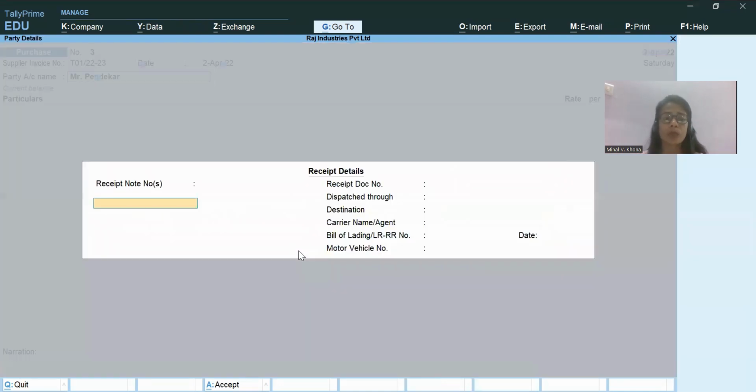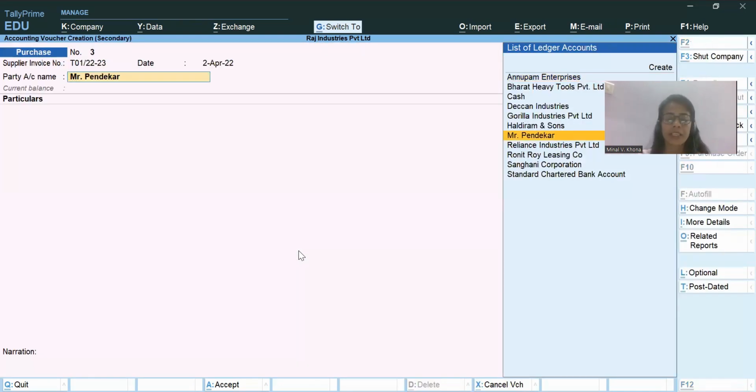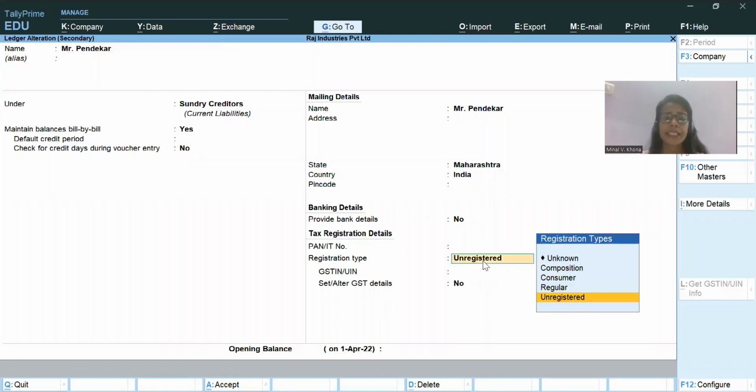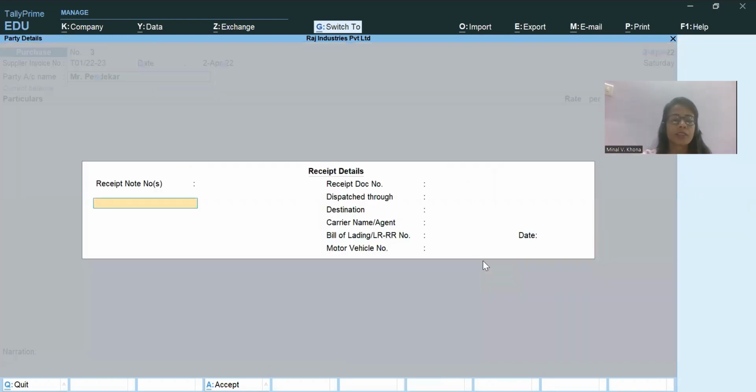All right, let's see how it was created. By clicking on Control Enter. All right, here I can see unregistered. Now, because this is a party which is unregistered, the receiver of the services is responsible to pay GST directly to the government because the receiver is registered here and the supplier of the services is unregistered. All right, let's go ahead